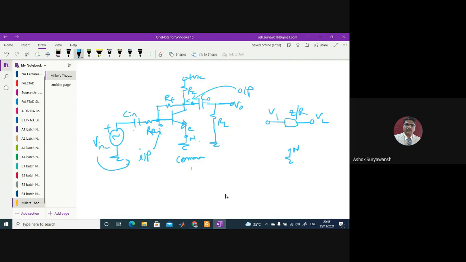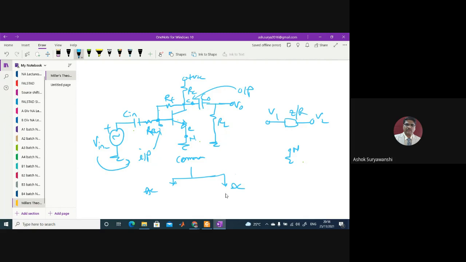So now you know that there are two analyses of the transistor. One is called AC analysis, the other is called DC analysis, right? So in DC analysis, what happens? I will not go into details of DC analysis. Normally, we are interested in the Q point, the quiescent point, which is very much important for biasing.